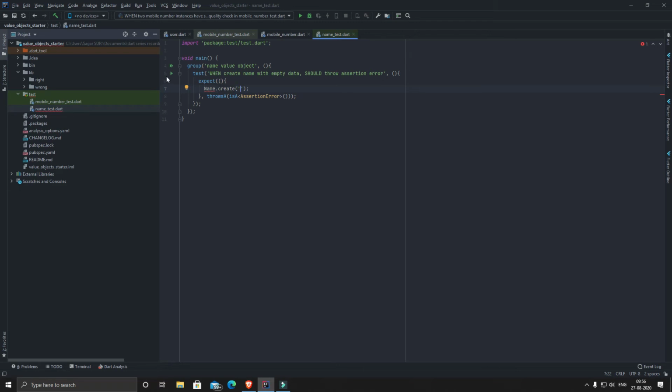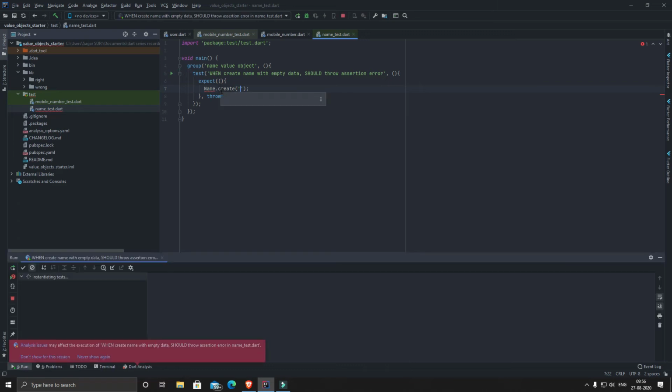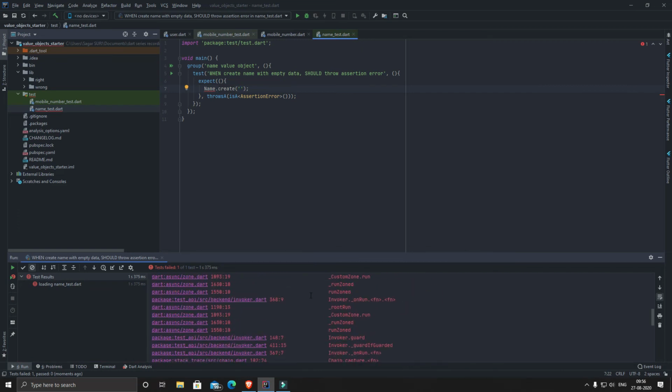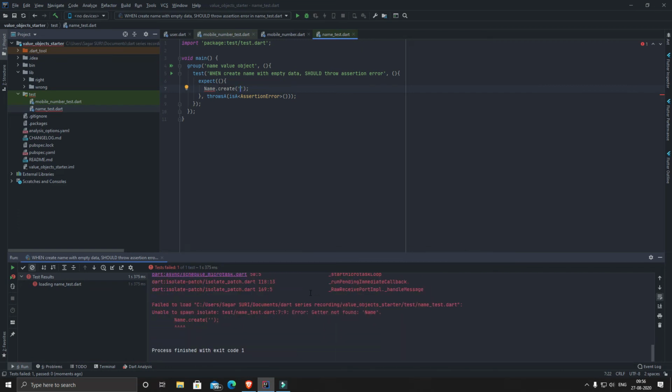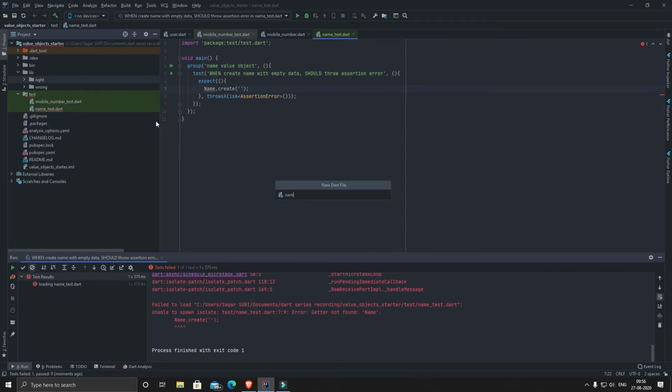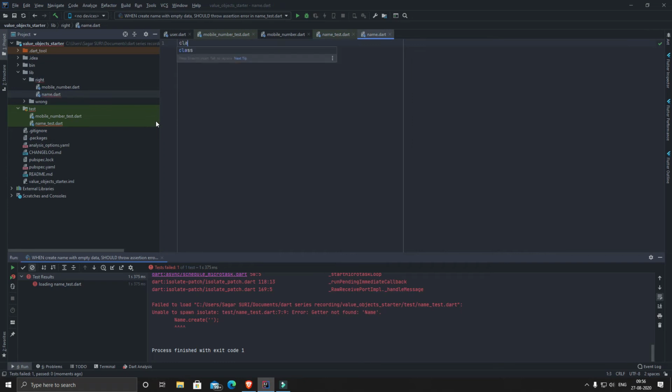As you can see, you're getting the red error because you don't have the class created. So just let me run it so that the test should fail. That is the first thing of TDD, is to make the test fail and then make it green by writing the minimum code and then refactor if necessary. So we have to create the class name. So inside the right directory, I'll create a dart file, name it as name, and let me just quickly create a class of it, class name, which will have a